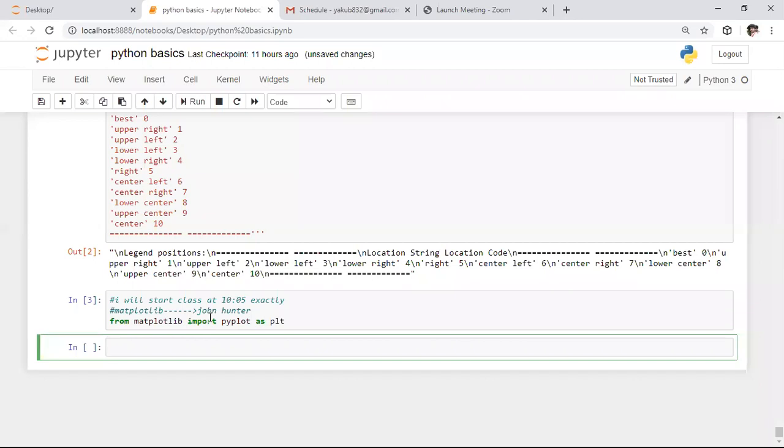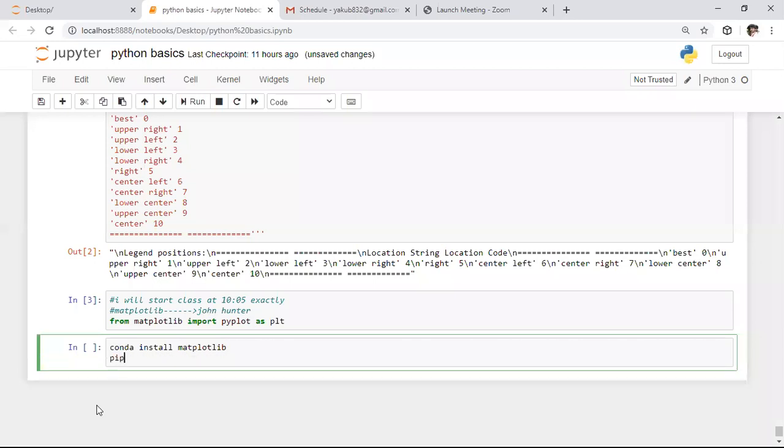To install this module, if you are using Anaconda, the command is conda install matplotlib. You need to open the Anaconda prompt and enter the command conda install matplotlib there. If you are using Python IDLE itself, the command to install it is pip3 install matplotlib.